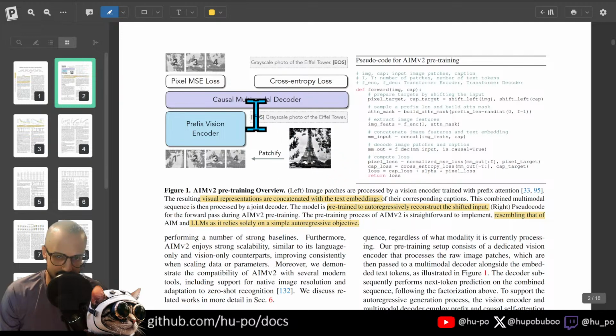Text embeddings are the vectors that you get out of feeding this text into some kind of text encoder. So there's text encoders and there's vision encoders. You concatenate them both together, and then you simply use pre-training to autoregressively construct the shifted input. So what you're trying to reconstruct is patches 2, 3, 4 from patches 1, 2, 3, 4. And they're using this prefix attention,